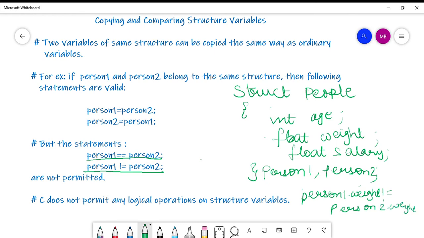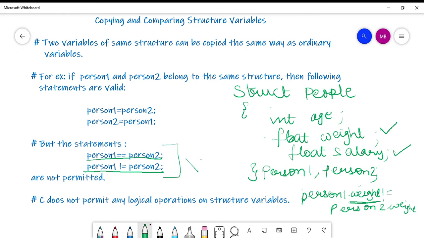Okay, so this is what I said, that we will do the comparison or the logical operations through the individual members. So what are the individual members? Weight is an individual member here. Age and salary were also individual members here. Yes. So person 1 dot weight not equals to person 2 dot weight. This is how I'll do the logical operations on structure variables and not like this.